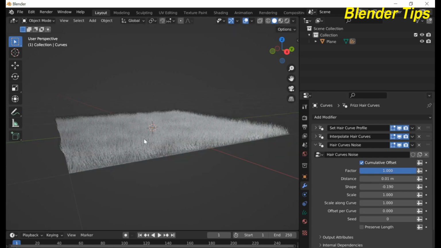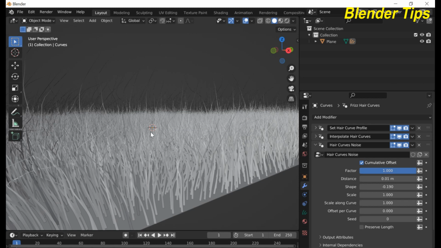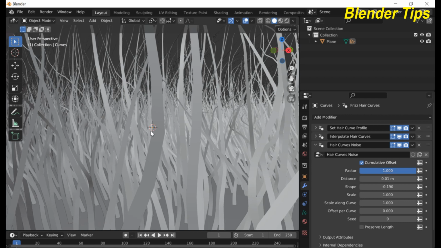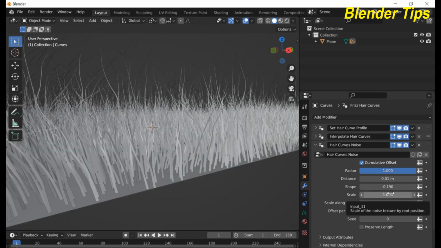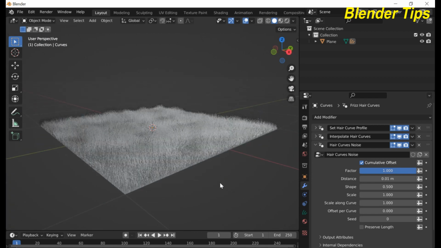So by changing these options in hair curves noise, we distort the hair curves, and by default this is 0.500. And now